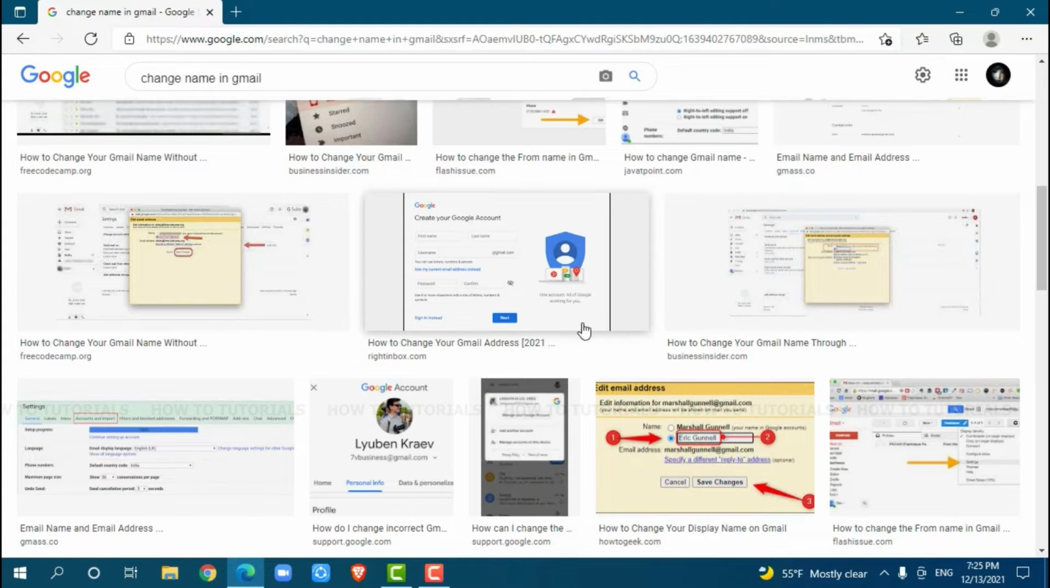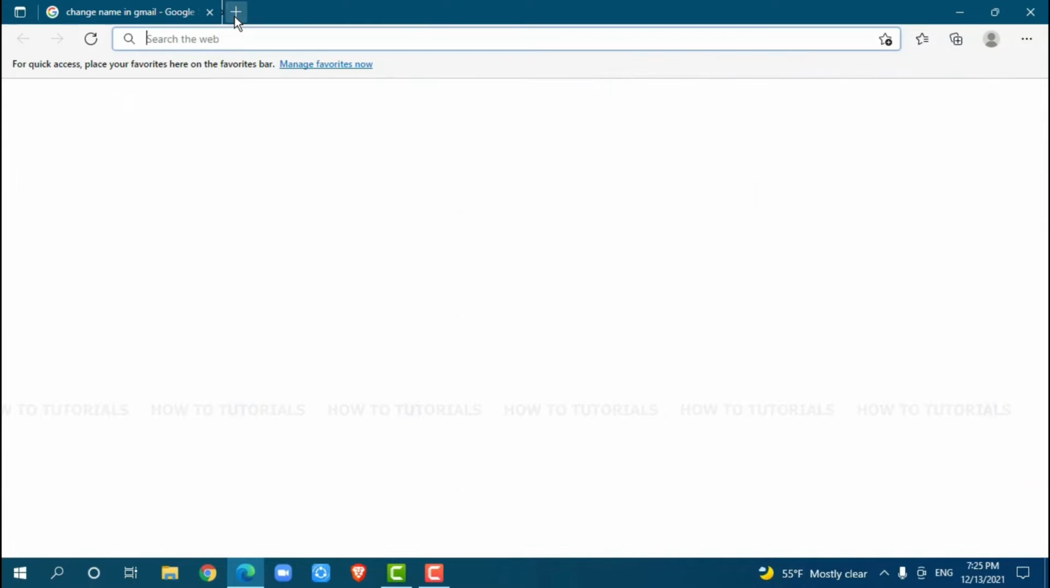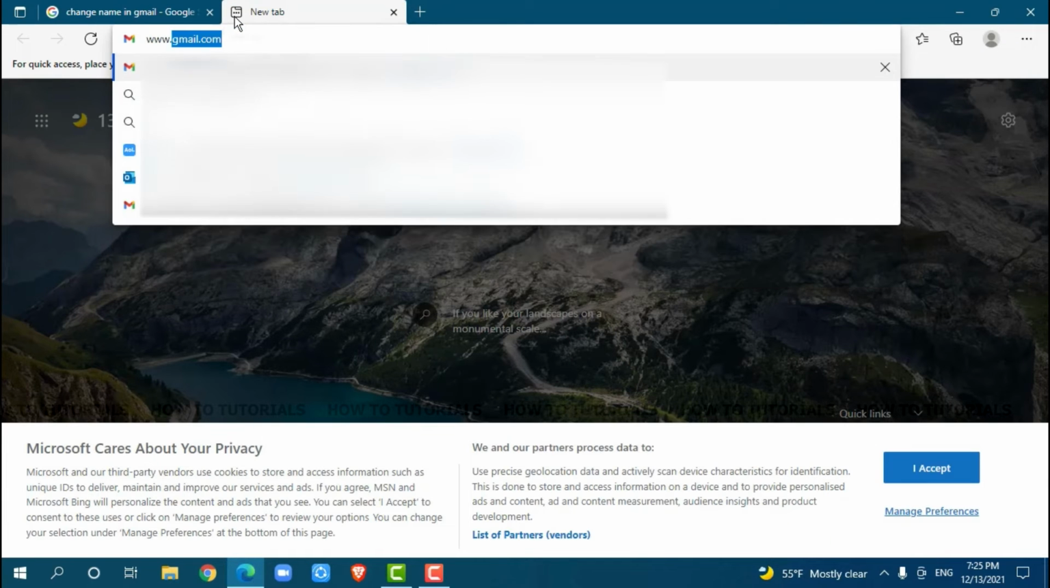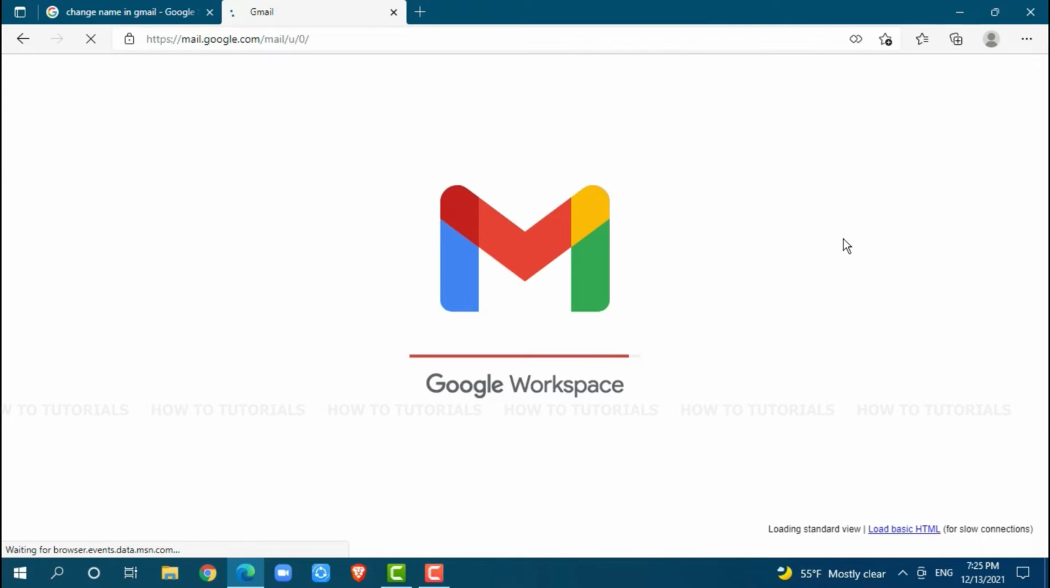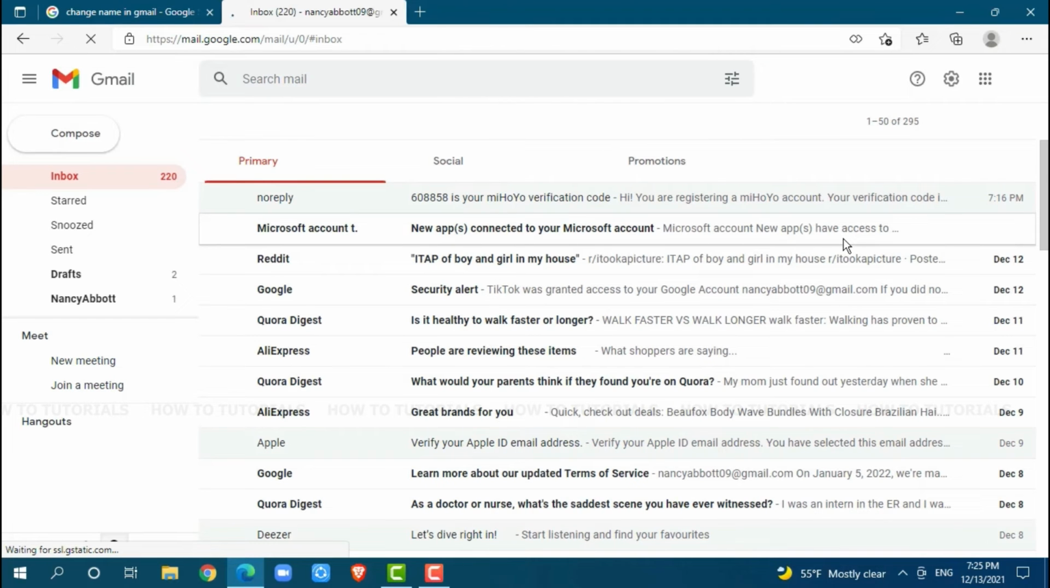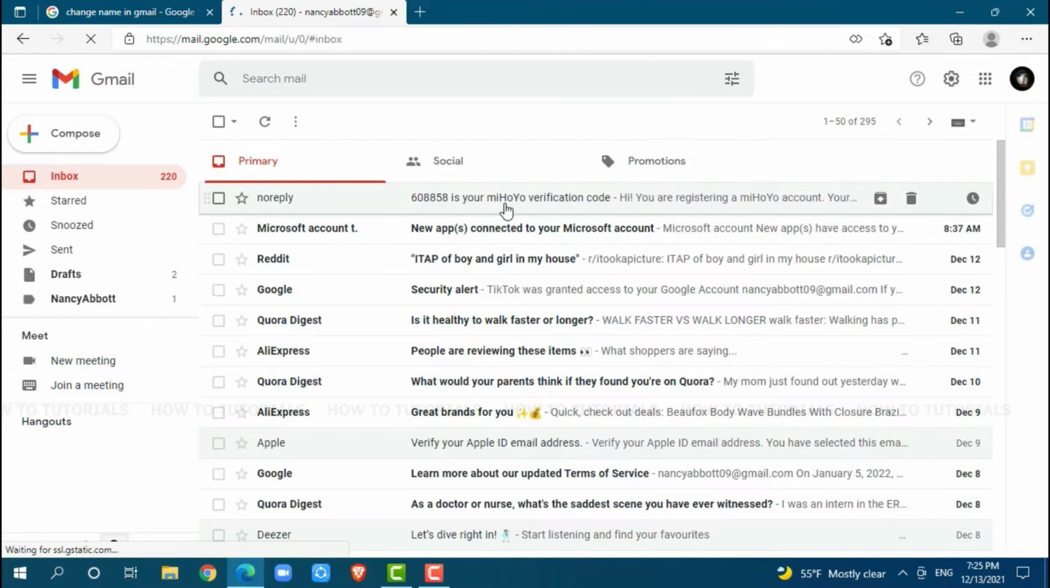First of all, you need to open any web browser on your PC, as I am using Microsoft Edge for this. Now go in a new tab and search for www.gmail.com and press enter. Then log in to your account by providing the correct account credentials, that is your Gmail login ID and password. As I have already logged in to my account,